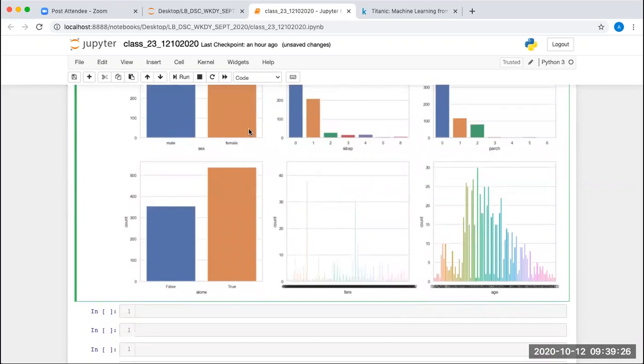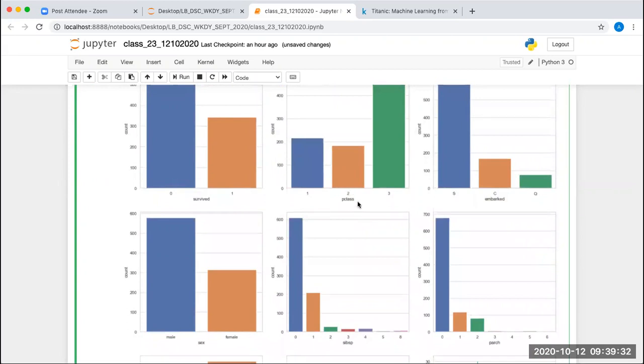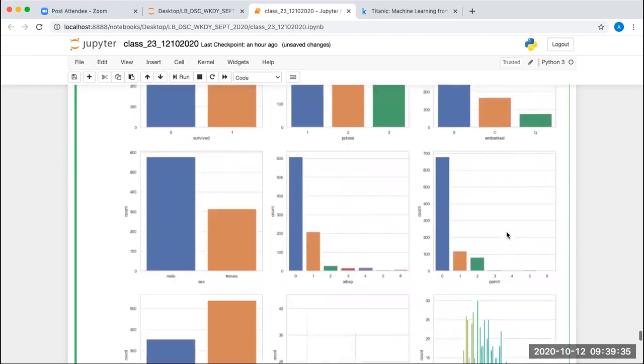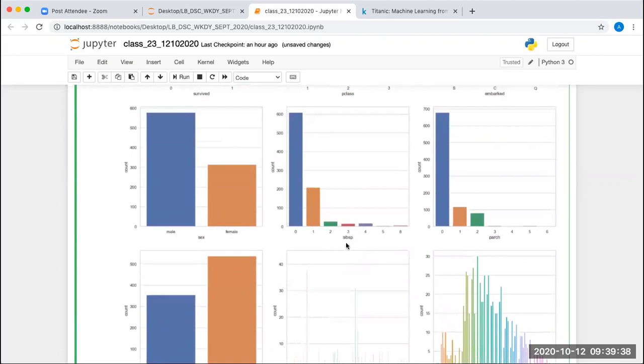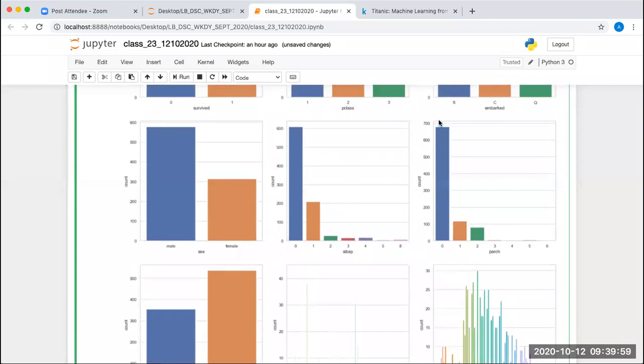Fine. Now if you observe this, we have seen the survived column, then the Pclass column, then the embarked column, and we have seen sex also. Now SibSp, sibling spouse: alone, more than 600 people were there. With a sibling or spouse, 200 people were there. And in a group of 2, 3, 4, there were fewer people, less than 50 you can say. Similarly, in Parch you get the same kind of numbers. In the parent-child relation, a little less than 700 people came without parents or children. Okay, sibling spouse were a little more than 100, not 200.